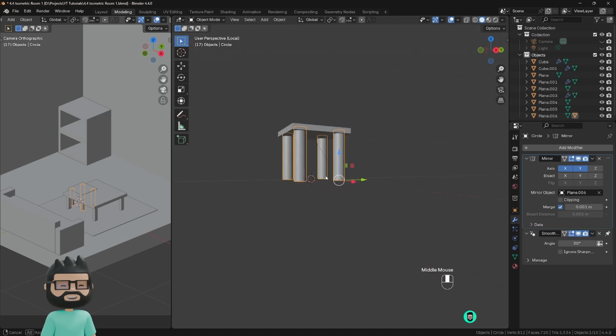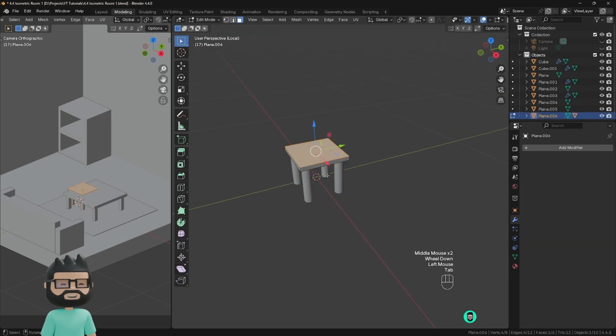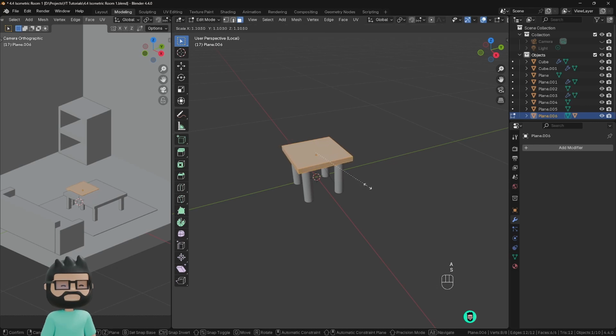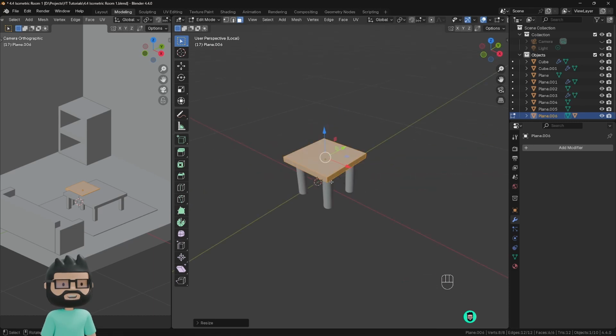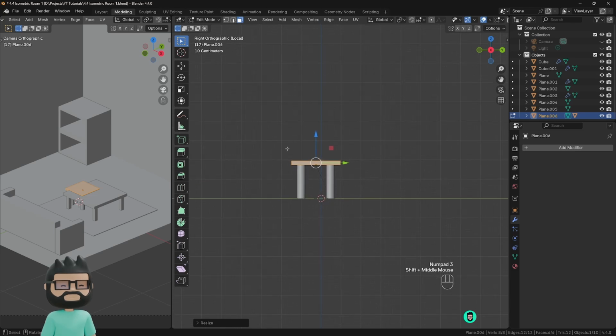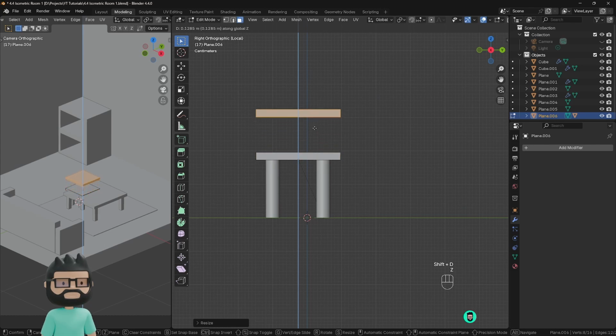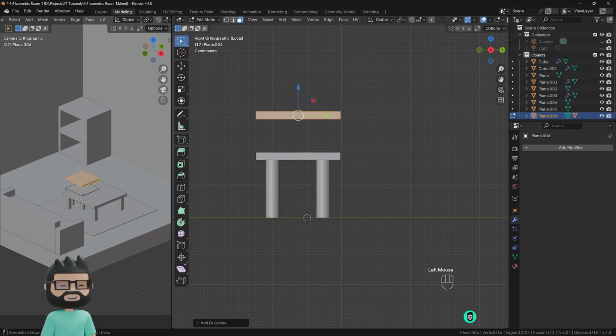So now let's improve the chair quality a little. Select this one, Tab to go into edit mode, A to select everything, and S to scale, and scale it a little bit more. Now I'll go into the side view and I will duplicate this whole thing. So press Shift D to duplicate, Z to move it up,